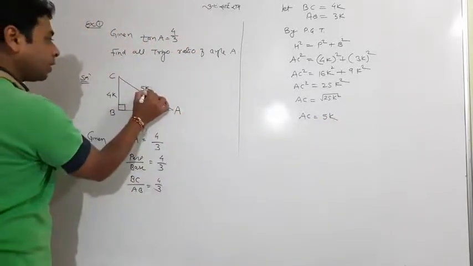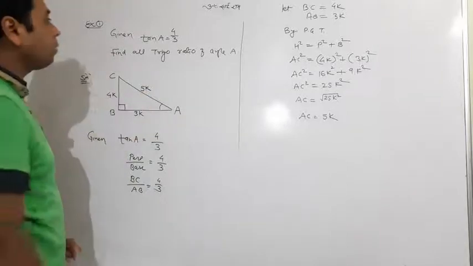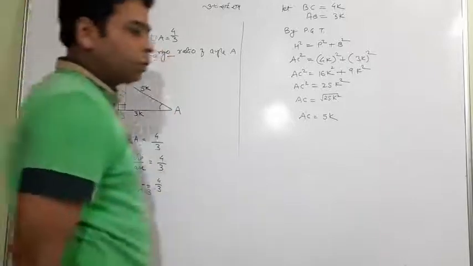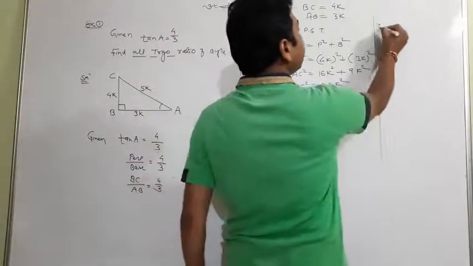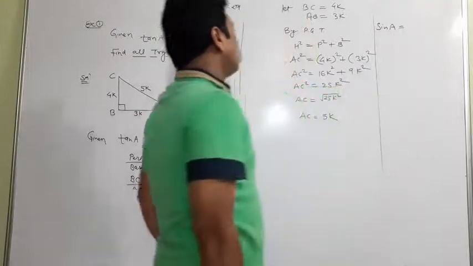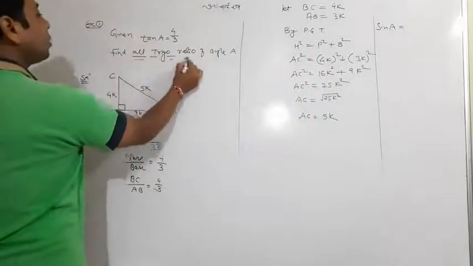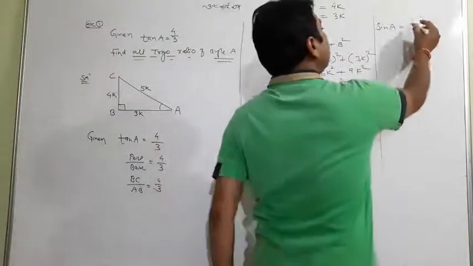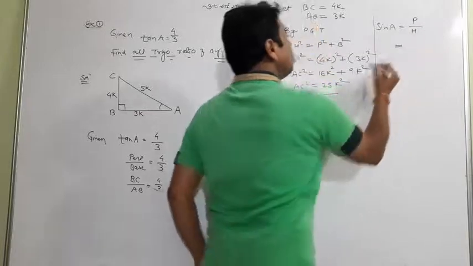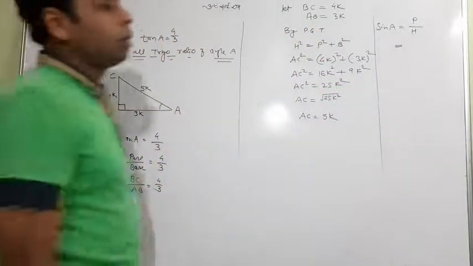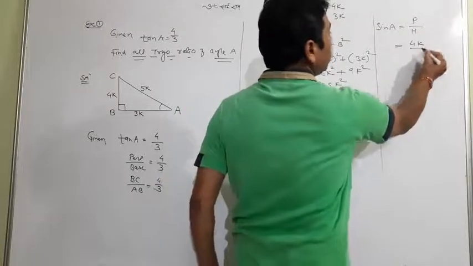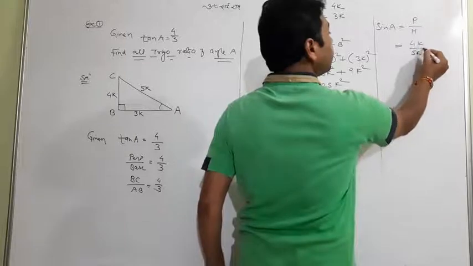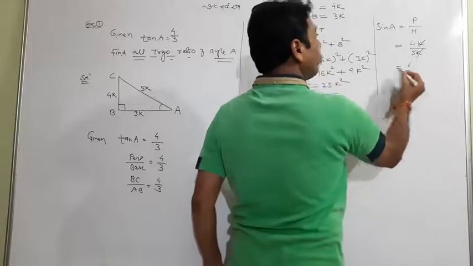Now we have all sides and we have to find all the other trigonometric ratios. So what are the other ratios? Tan A is given. So I'll go with sine A. Look at properly, sine A. Just find all the trigonometric ratios for angle A. So I'll take angle A, which is already an acute angle. So the meaning of sine is perpendicular upon hypotenuse. What is perpendicular? It is 4k. And what is hypotenuse? It is 5k, which we found right now. Both k and k cancel. So ultimately the answer is again without k.